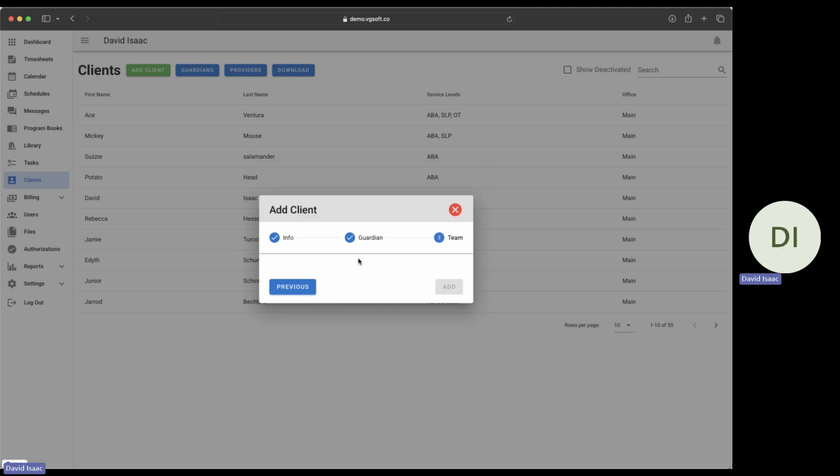I didn't select anything, but there would be a box that said supervisor. You would select the appropriate clinician that's going to supervise that case. So that's how you add